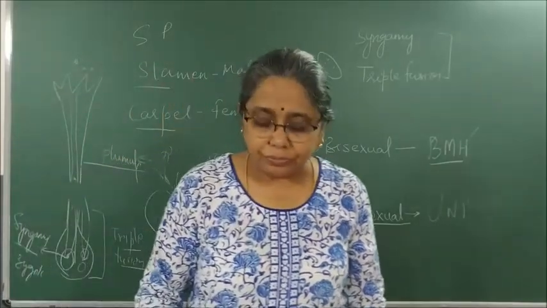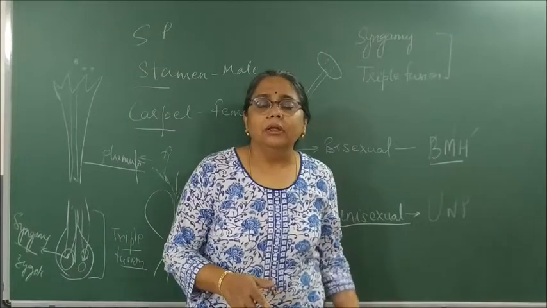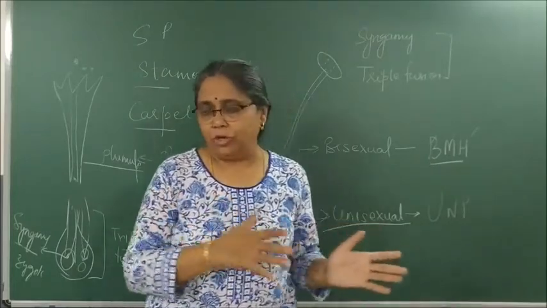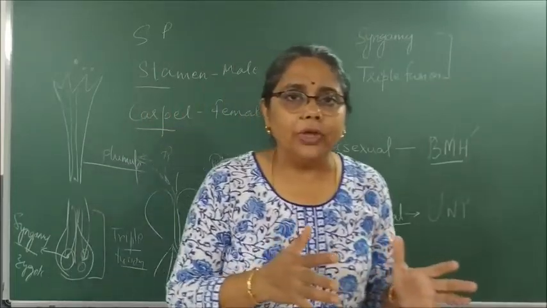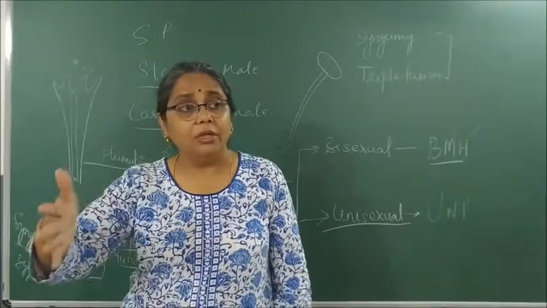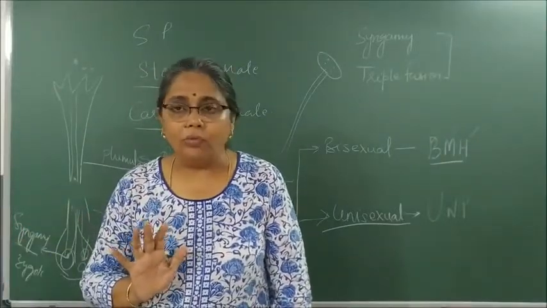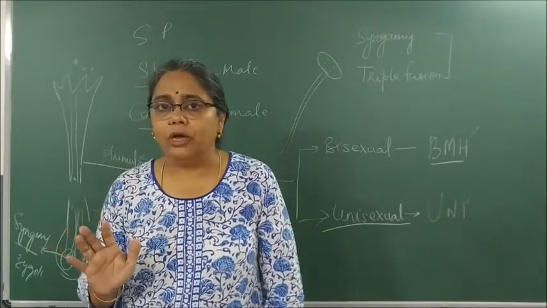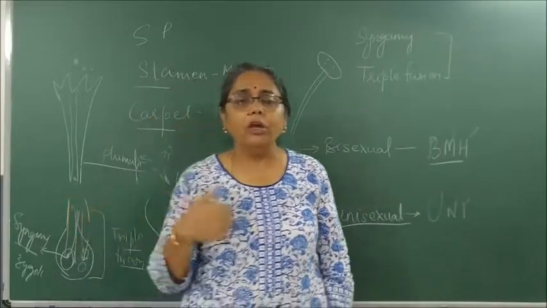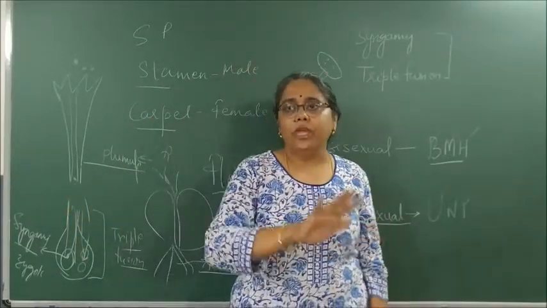Before we go to humans, we should know that we all have originated from a vertebrate lineage. That means we have all originated from fishes, amphibians, reptiles, aves and mammals. You studied last year that all vertebrates are chordates. We all have a vertebral column and a dorsal tubular nerve cord. So we all belong to a class from where we have evolved.